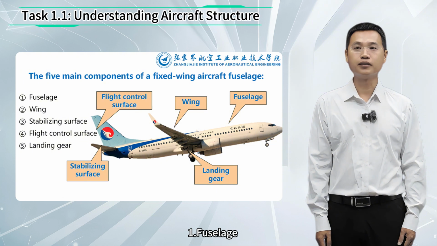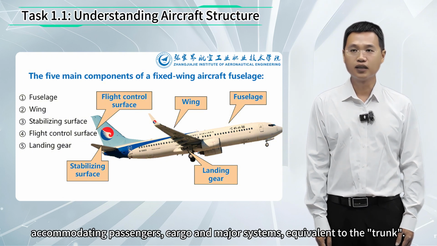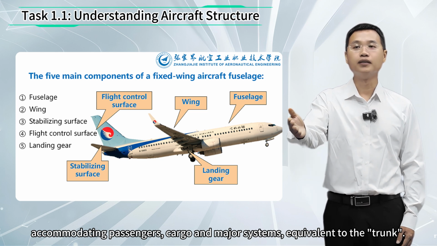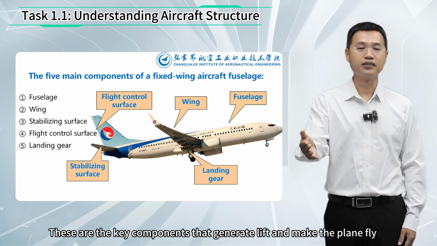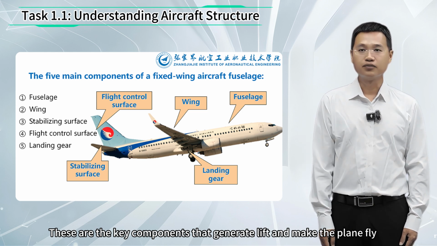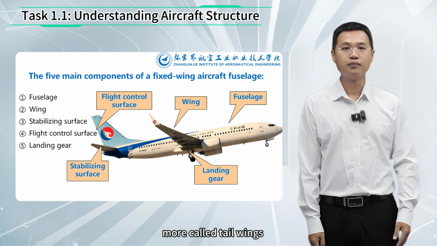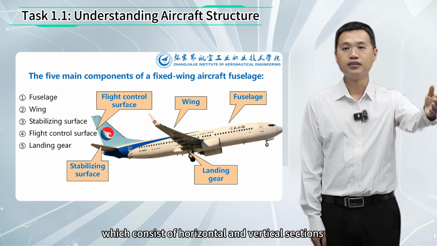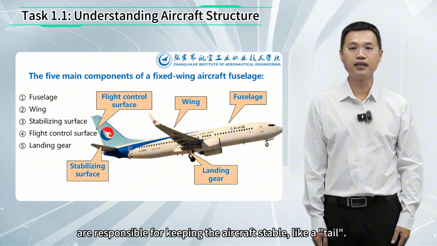1. Fuselage. This is the main body of the aircraft accommodating passengers, cargo, and major systems, equivalent to the trunk. 2. Wings. These are the key components that generate lift and make the plane fly, and they are its wings. 3. Stabilizers, more called tail wings, which consist of horizontal and vertical sections, are responsible for keeping the aircraft stable